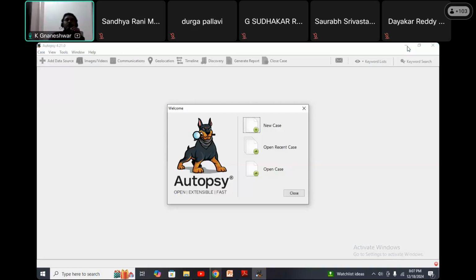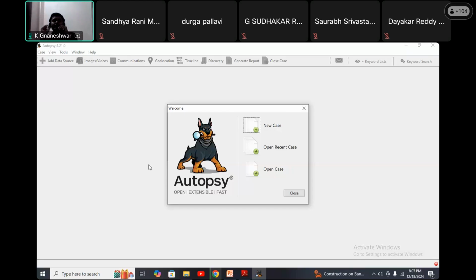Once you open your tool, the first screen shows like this. First, one dog symbol is there. Normally it will be visible in the Microsoft search option, just searching for dog like this. The same diagram, only a little bit changed, is used here. This is the symbol of Autopsy. It indicates searching for something in an investigation. This is the first phase.